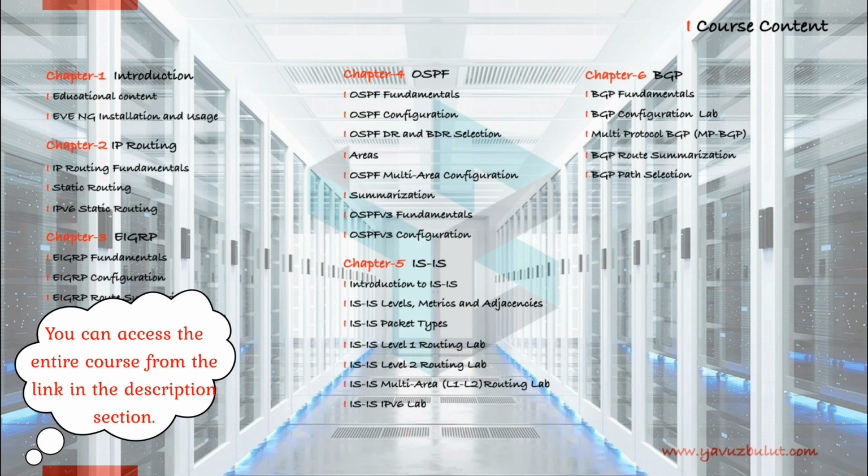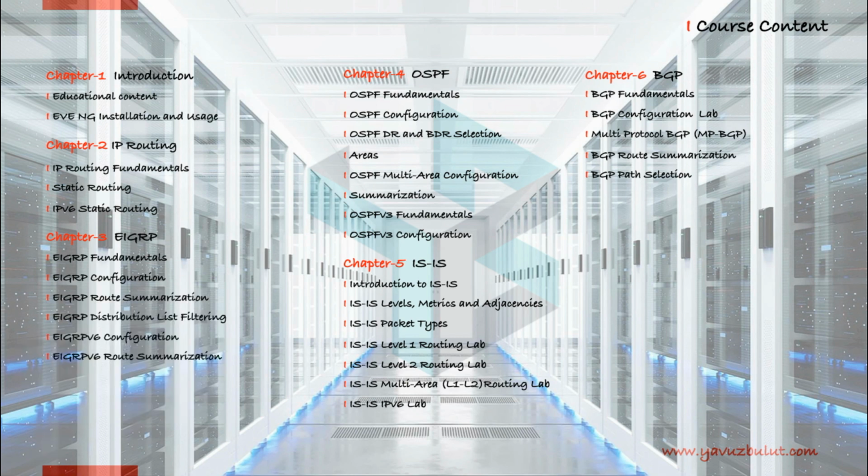In the second part, I will talk about the basics of IP routing, static routing, and IP version 6 static routing. In Chapter 3, I will explain EIGRP routing. I will talk about the basics of EIGRP. We will make a sample configuration for EIGRP. We will complete this section by making labs for EIGRP route summarization, distribution list filtering, EIGRP version 6 configuration, and